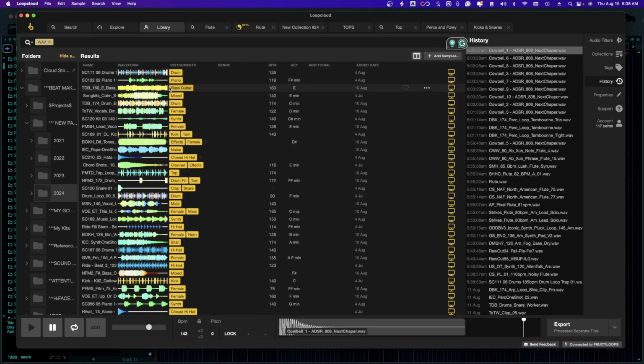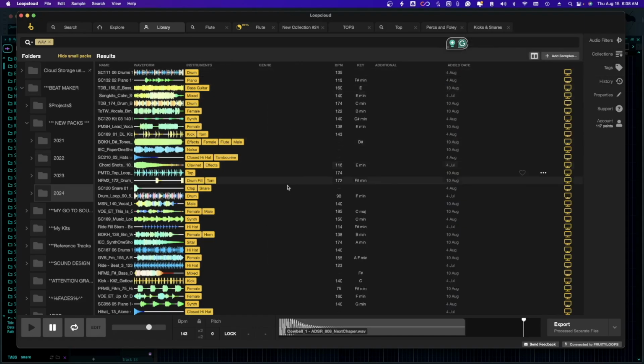I think so. I kind of saved the last part, the best part, for last, right? So with LoopCloud, one of the biggest reasons I use this, all of these features are just fire, but